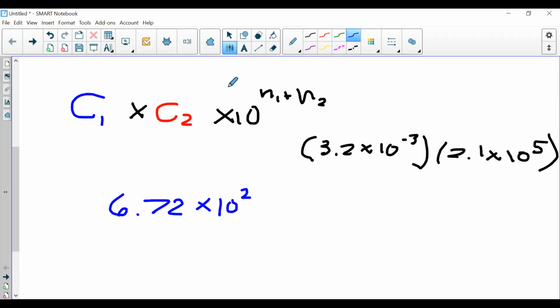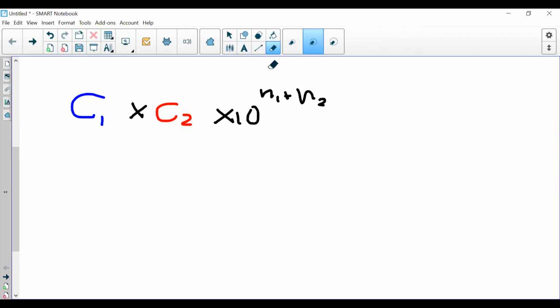All right. Now I'm going to erase the example. I'm going to keep that base form up, and I want you to compare what multiplication looks like compared to division, because division is the opposite operation. So it's going to be C1